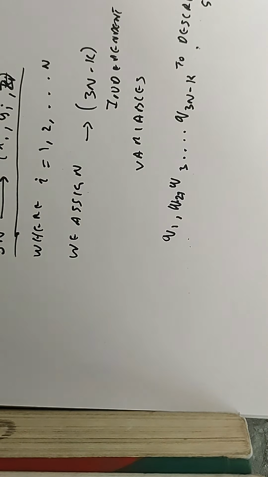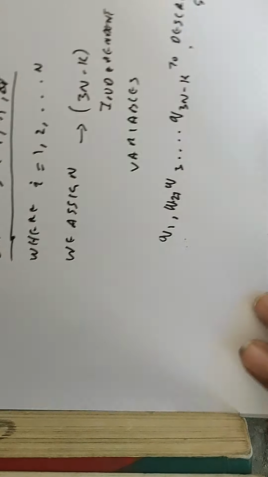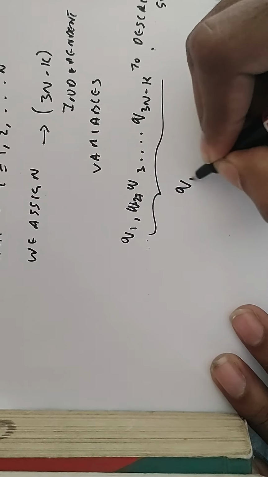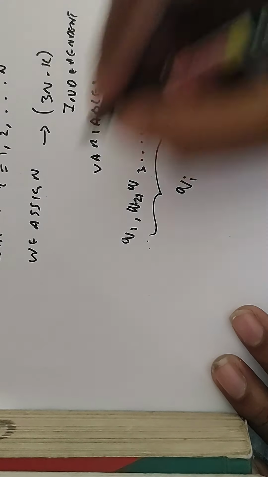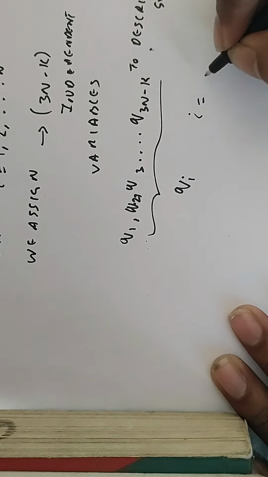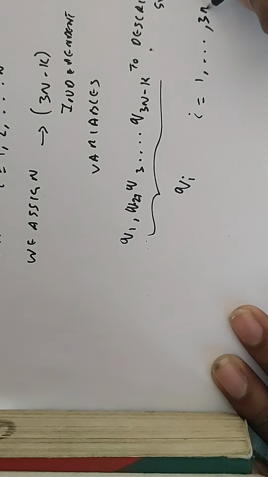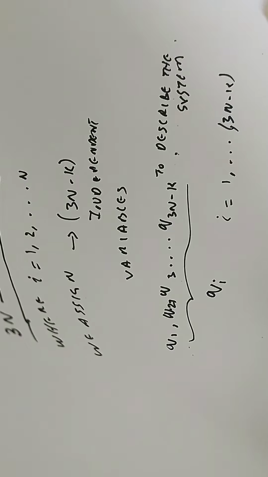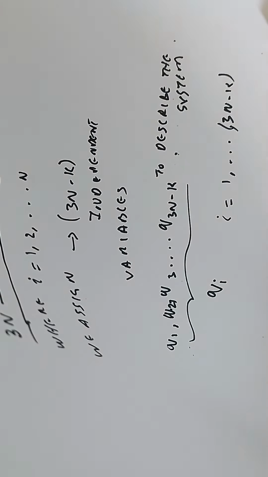Alright, now such variables are denoted by just qi, where we can say i runs from 1 to 3n minus k. So these variables